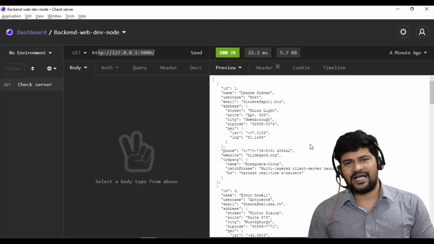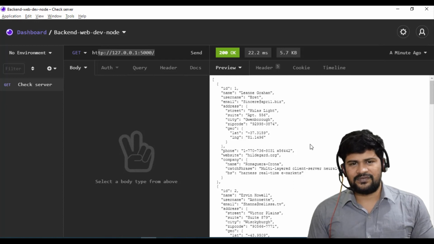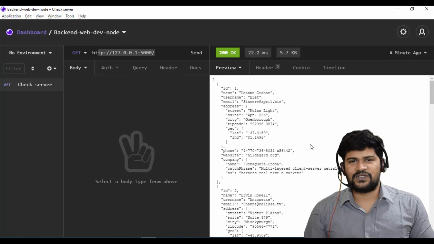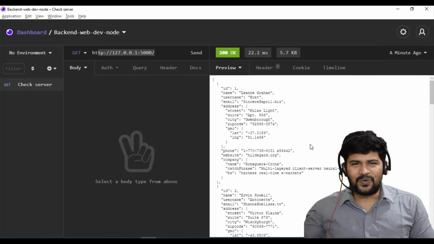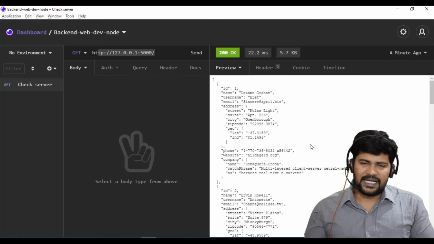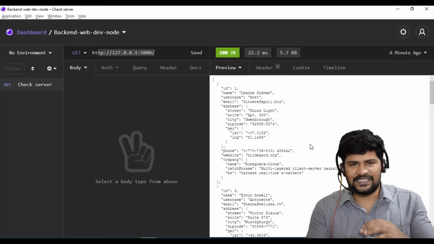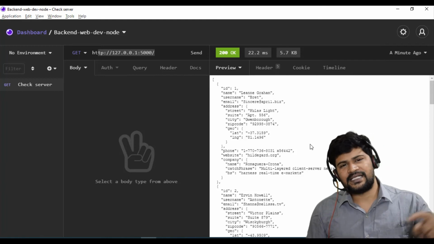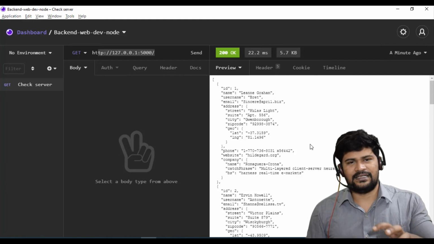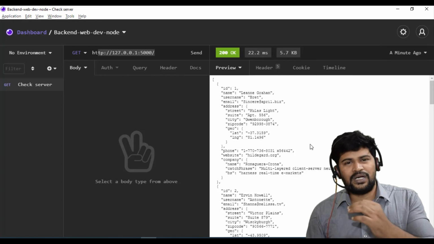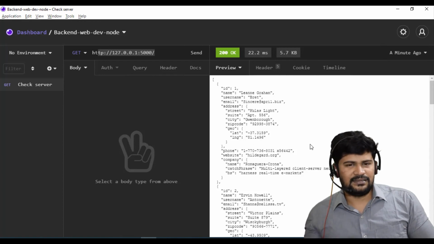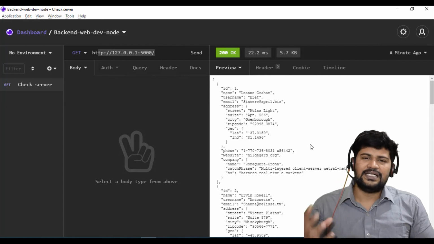But generally the server has to pick up the data from the database, by making some queries, frame it like a nice JSON object, and send a response. So whenever the client requests certain employees' data, the server will query the database, fetch it, and send a response.